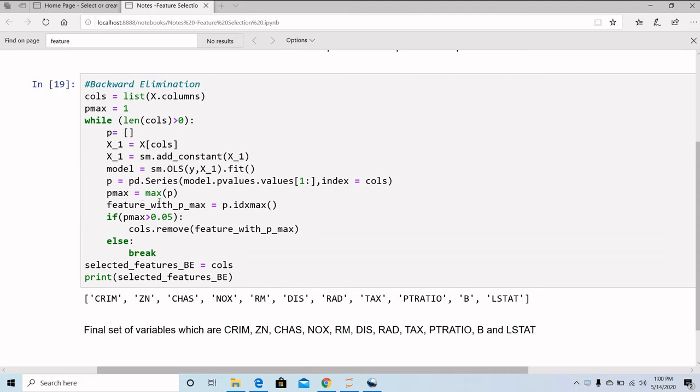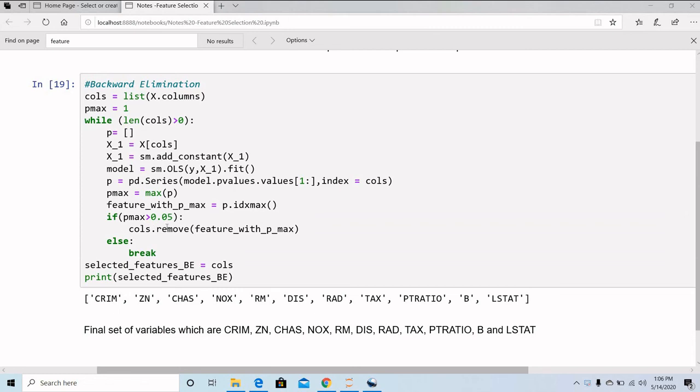Now pmax is equal to max of p. Whichever has the highest value of p is stored in pmax. Now I have done p.idxmax. idxmax returns the index of the max value of p. That value is stored in feature_with_pmax. Now just see the next line.